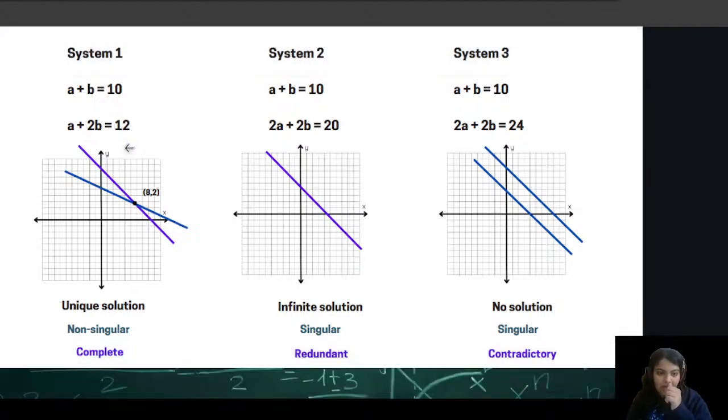So what is the output of it? We can see there is a unique solution which is 8, 2, and they are intersecting each other, and it is providing us unique information. Let's say